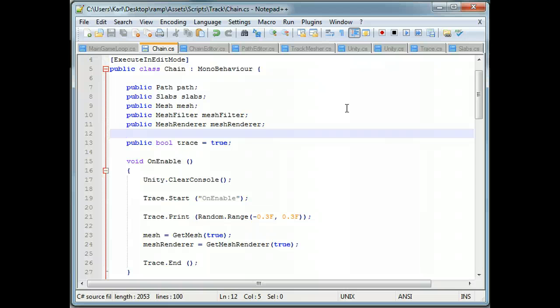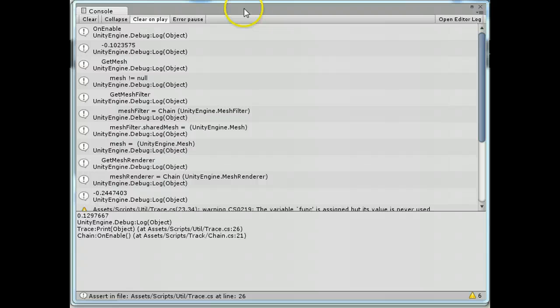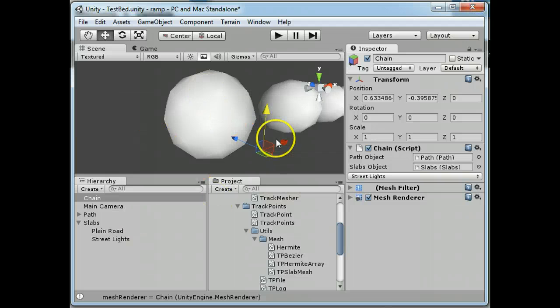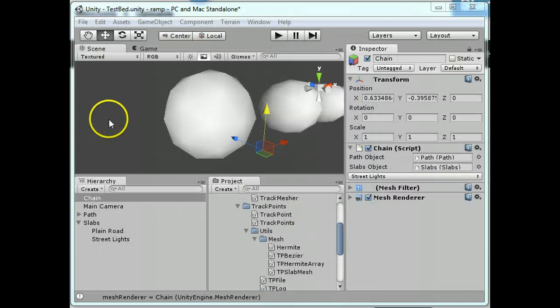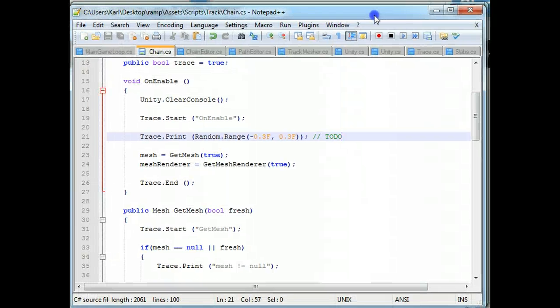However, putting something into on enable doesn't mean that, let's say we change a script and we want to see the output of it, right? So I change something and I save it out, and I want to see whether or not we've generated our mesh. Did our mesh come through? How am I going to know? Well, you just go back to Unity and see if the mesh has appeared inside the scene window. You just look at the mesh and it should pop up in the scene window. Yeah, but